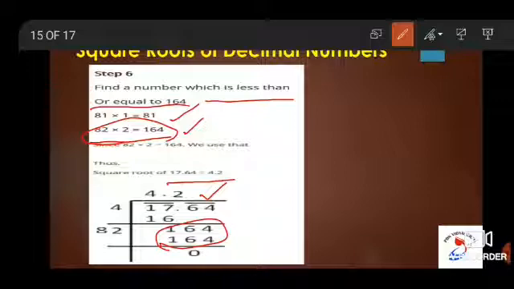Performing long division for both a normal number as well as a decimal number has the same steps. There is only a small change, that is, for a decimal number you can see a decimal point below, before and after the number. So in both cases it is the same steps.